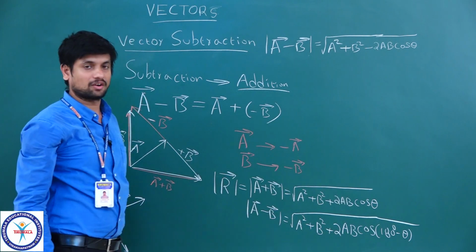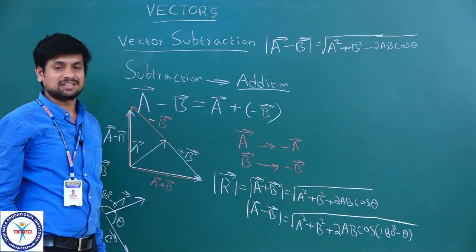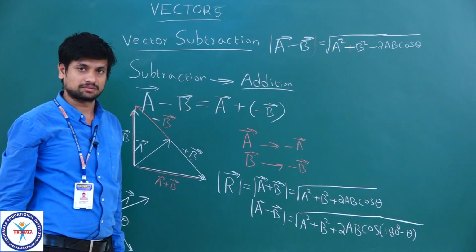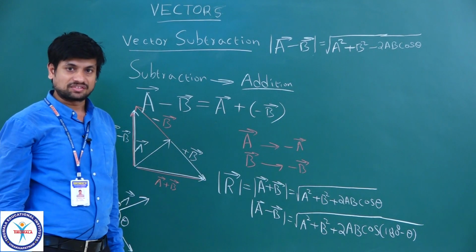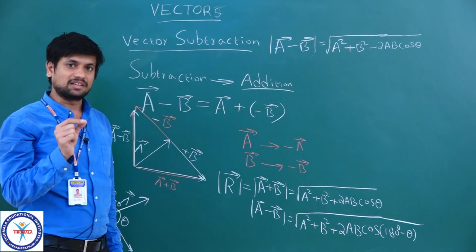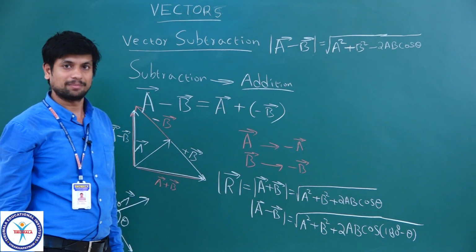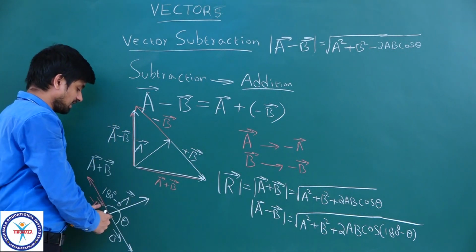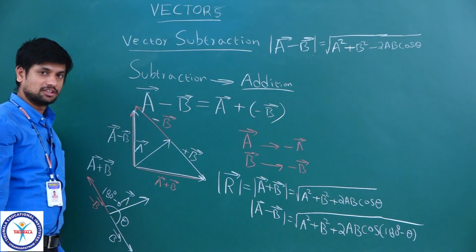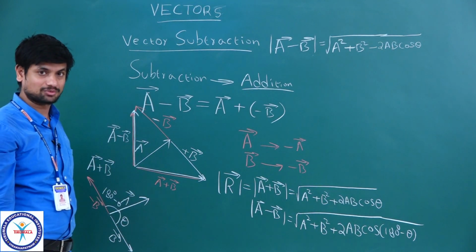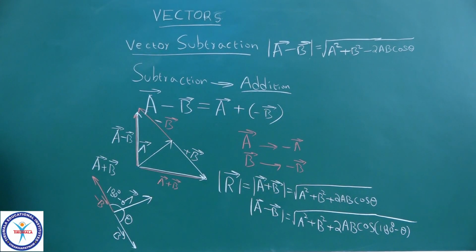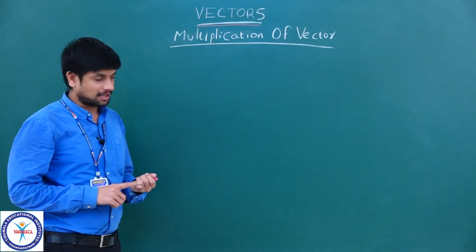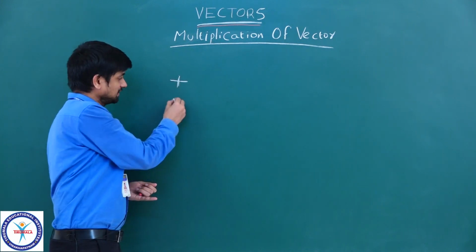So, in this way we can calculate their addition or subtraction. If you want to know the direction, even for the angle, we write B sin theta by A plus B cos theta, right? Instead of theta, just substitute 180 minus theta, because the angle between the opposite vector of B and A is 180 minus theta, and this is theta. So, in this way we are going to calculate. We have already learned this, but once again we are discussing it. Okay children, we have completed the mathematical operations, addition and subtraction.